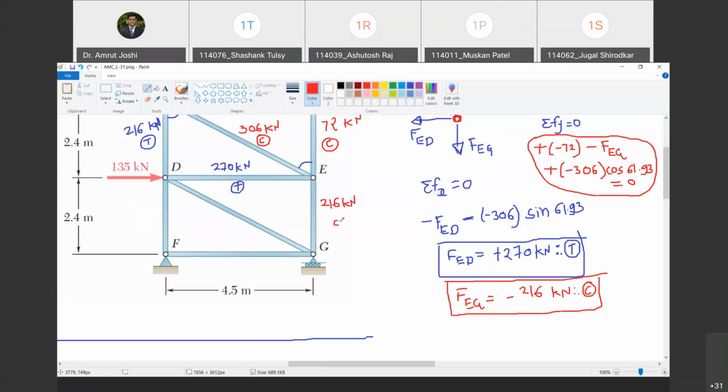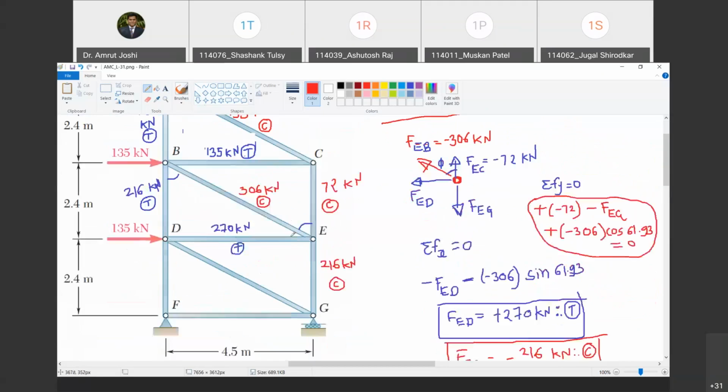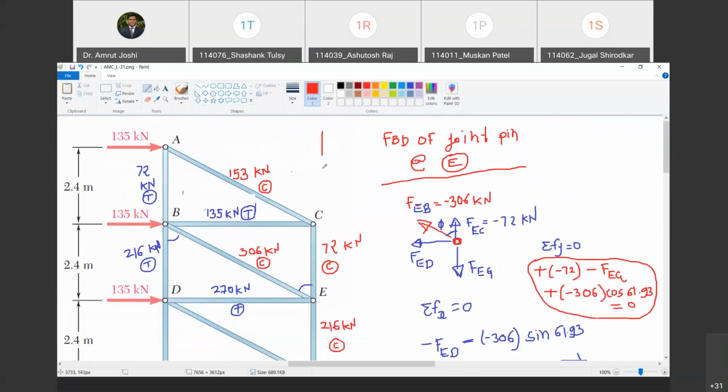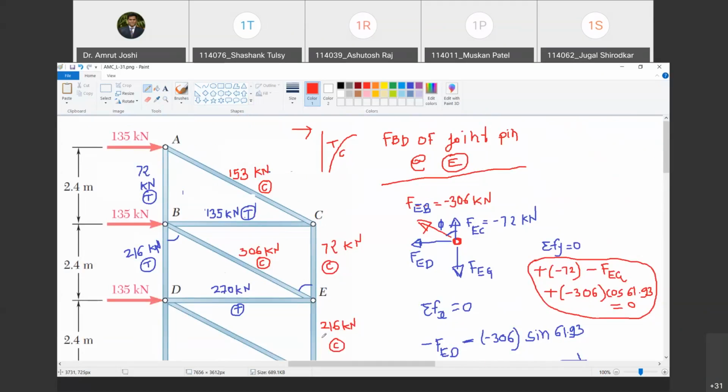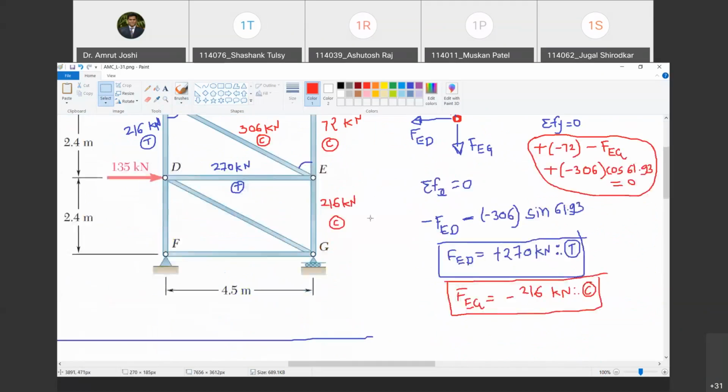Look, when we started this problem, at that junction itself I told you that all these members will be in tension and all these members are expected to be in compression. Do you remember that? Yes, sir. Because if this is the truss, under the action of this lateral load it is going to bend like this. So this side will be compression and this side will be tension. All the members on the left hand side will have tension. All the members on the right hand side are going to have compression. Are you with me? Yes, sir. And that's what is now observed. All the members on the right hand side display compression. Now what should we do next?